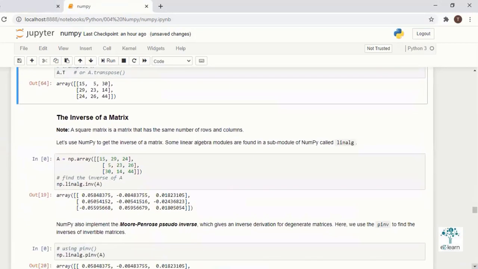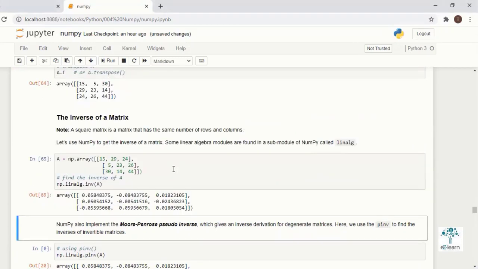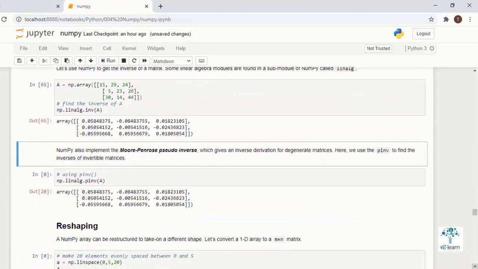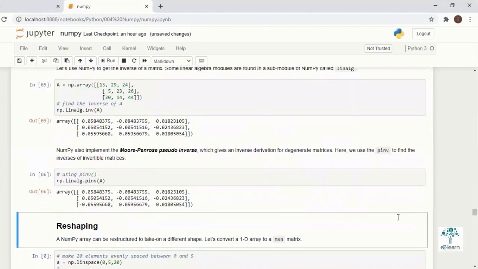Next is inverse. Normally we have seen this notation: A to the power of -1. It is called inverse, 1 divided by A. In linear algebra you can create the inverse of a matrix. NumPy has linear algebra functions, np.linalg.inv, through which we can create the inverse of A. Inverse and transpose are both different. In two different ways we can create variations of a matrix.